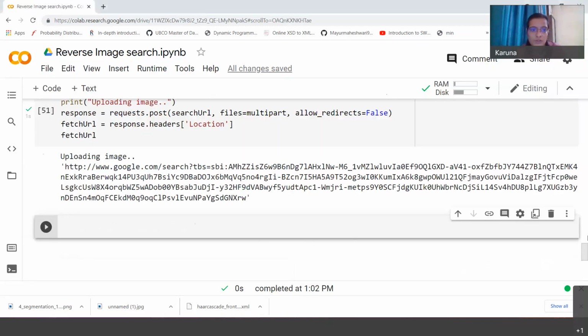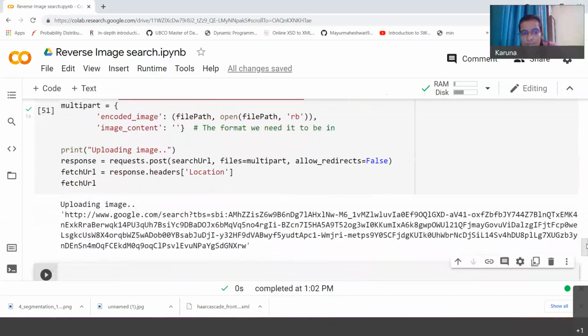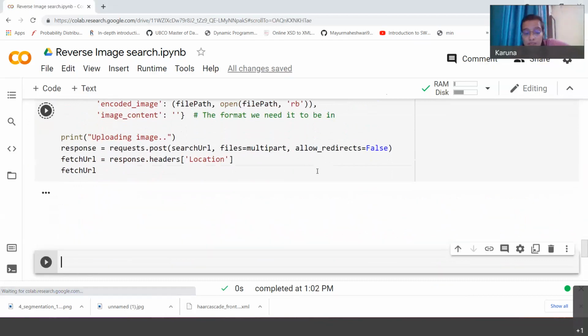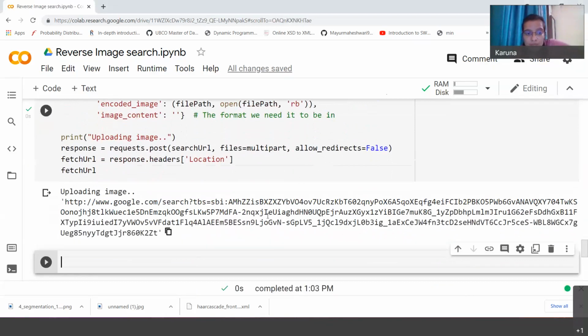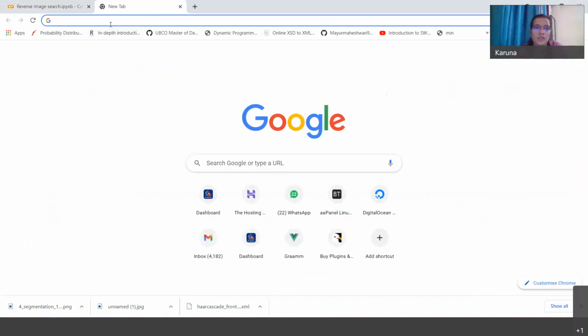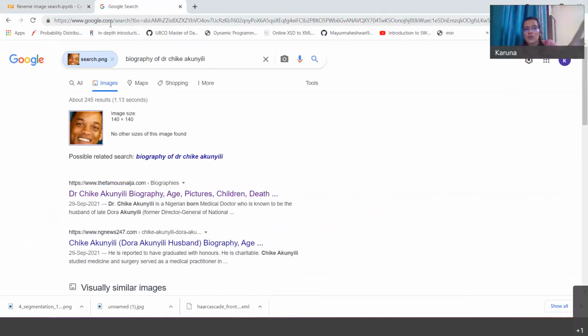So I'm going to show you the link where you give the file path. You have to search this. We'll upload the content and the complete content is uploading and it will give you the URL. It has given you the very first URL. Since we do not have a browser in Colab, I'm going to copy this and open it here. And when you open, you see that it has given you some